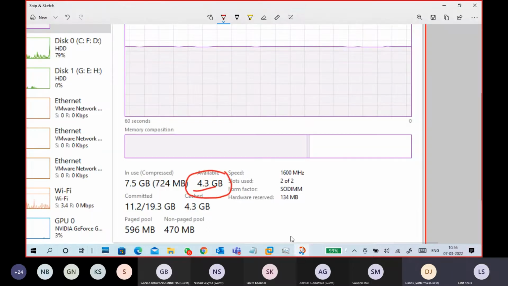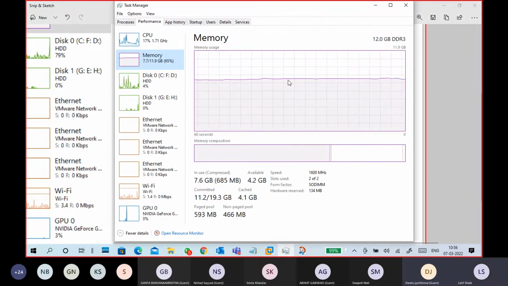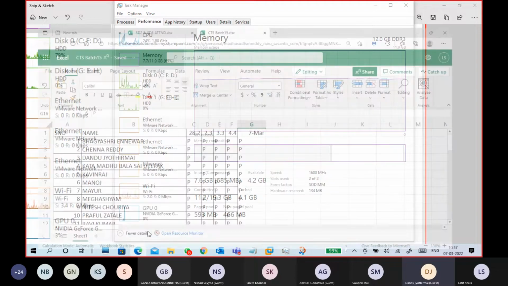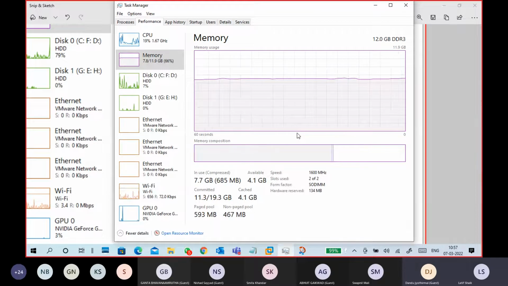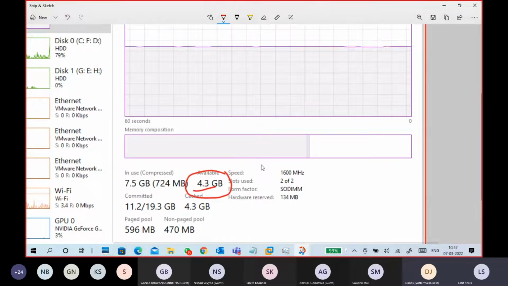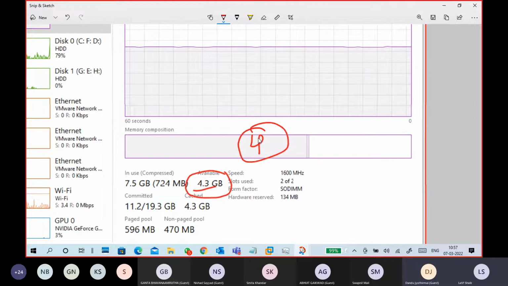Okay, I reduce one. Still it is showing like this. Your browser tabs, background applications, and screen sharing will consume more resources. So out of 12, available is 4. So I can run my virtual machines up to a total of 4 GB RAM. For example, if I assign the virtual machine 4 GB RAM,